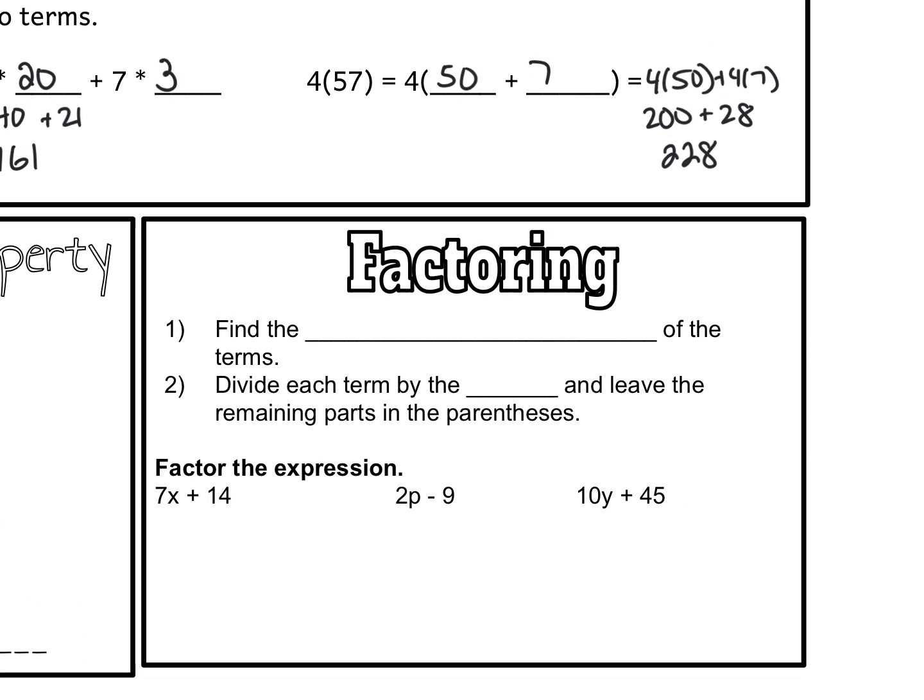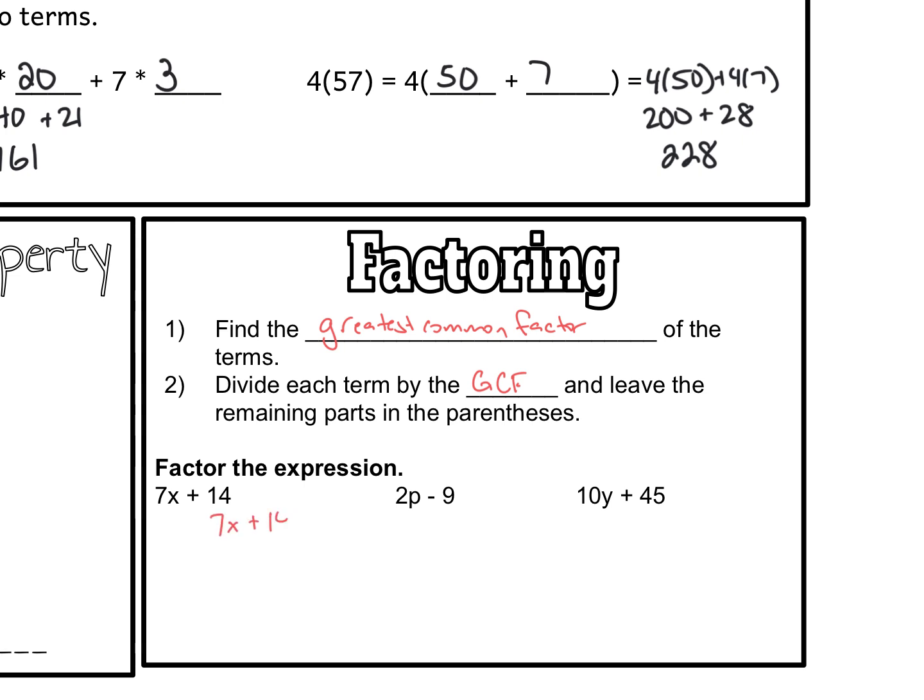If you remember from earlier in the year, we worked on things like greatest common factor. And we can actually factor these polynomials that we're making as well, or these expressions. And what we're going to do is we're going to find the greatest common factor of the terms, and we're going to divide each term by the GCF and leave the remaining parts in the parentheses. Hopefully you remember that cake strategy that we use, because that's probably one of the easiest